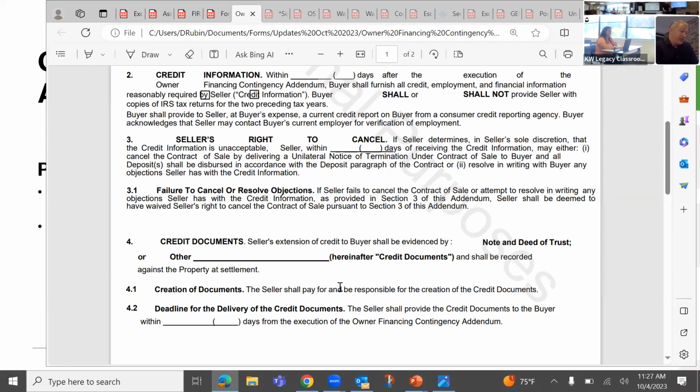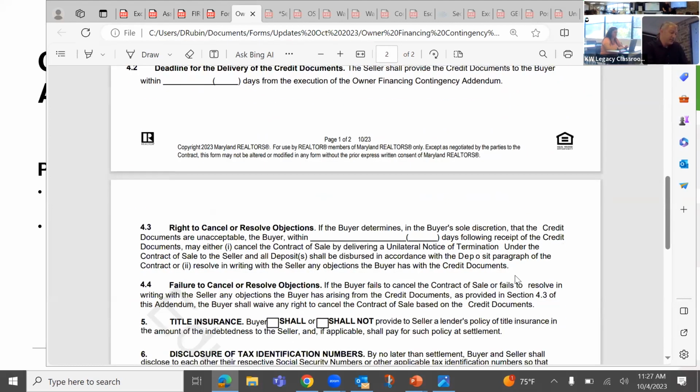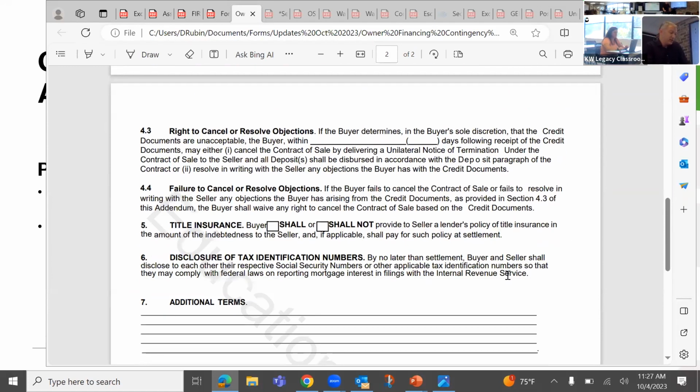It says here, by default, the seller is responsible for the creation of the loan documents. I guess that's negotiable. You could cross that out or figure out if you wanted to split it. And then there are deadlines contemplated here. So this is really just the proposal: Hey, I would like to do X. I'm going to give you my documents. If you don't like it, you can cancel. As you propose an interest rate and loan documents, I get to review the documents and figure out if I want to cancel. So again, this has already been going on.